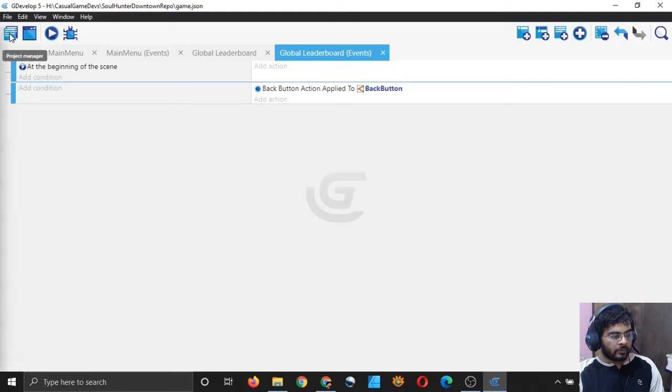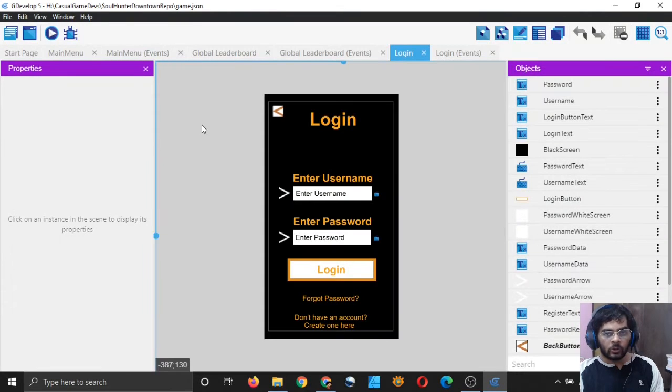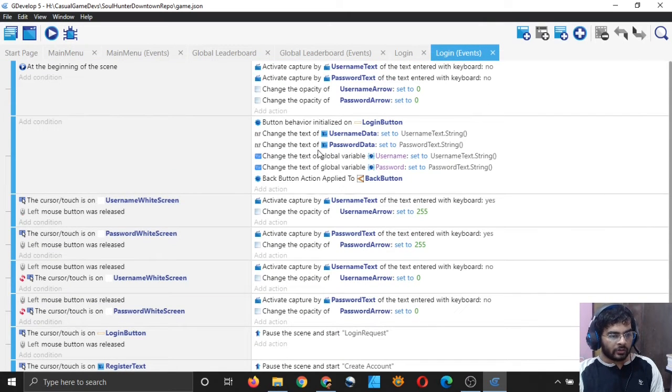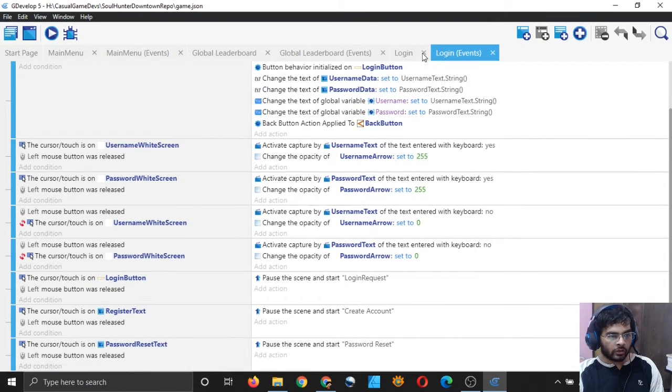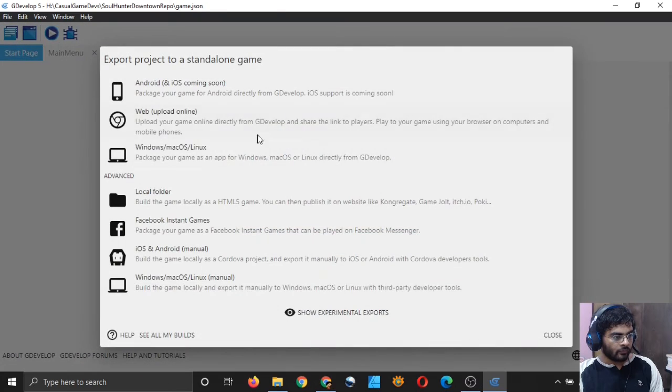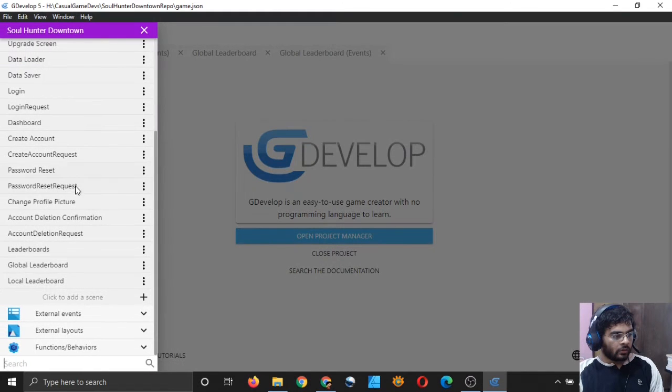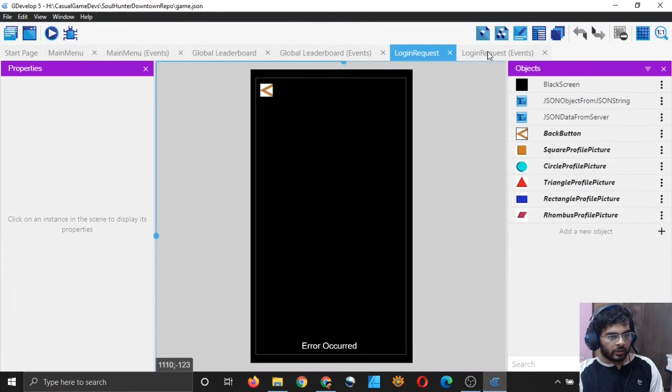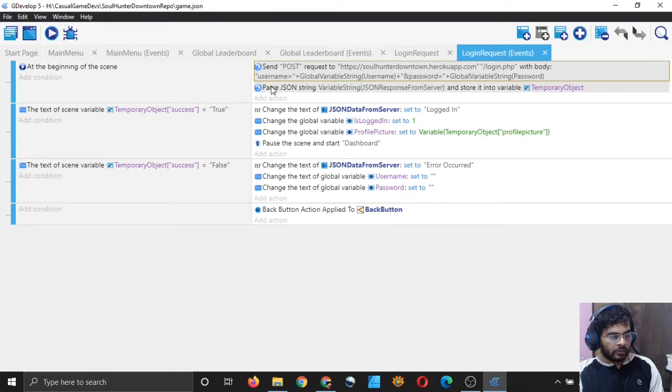So I will simply open my login request scene just to copy the code for the request. I do not want to type it all again. And here I have this action.